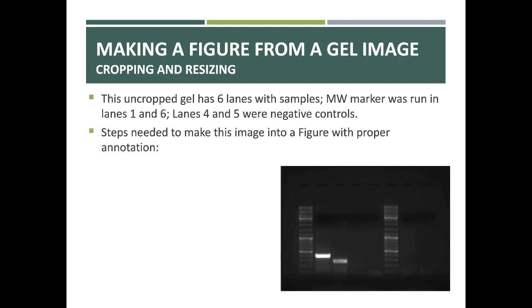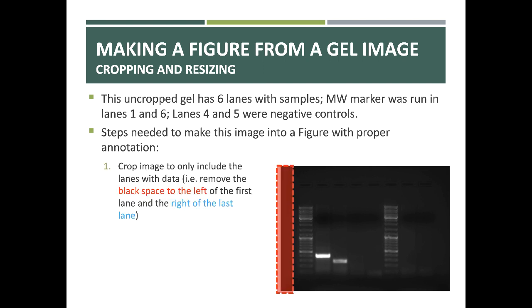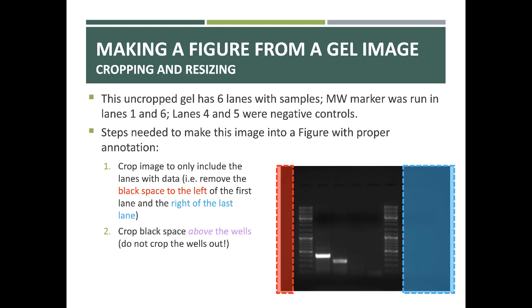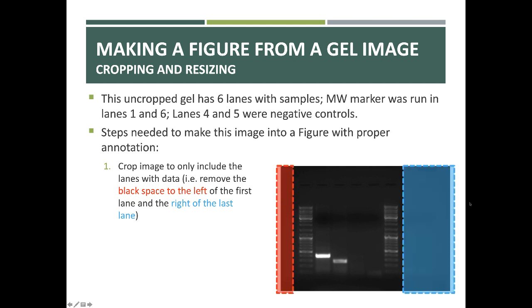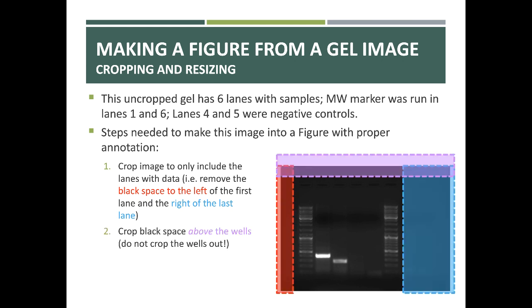Now, when you have a figure like this, you want to make it as presentable as possible without altering the data. One way we do that is by cropping off the parts of the image that don't have any data in them. So let's back up here. These large areas here that don't have any DNA that was ran in them, we can just cut those off. You can also cut off at the top of the gel as well, but you can't cut off where the wells are. That's part of the data, so to speak, because it's important for us to know where the DNA